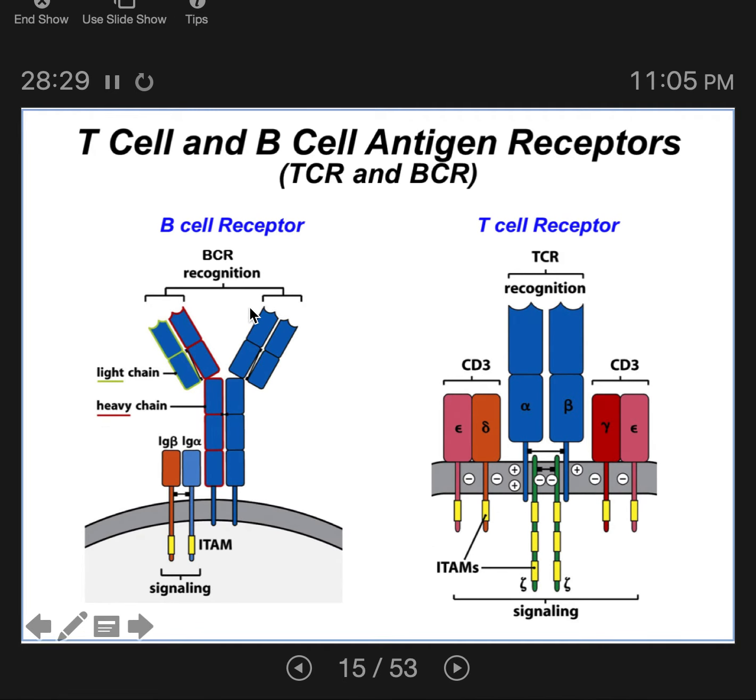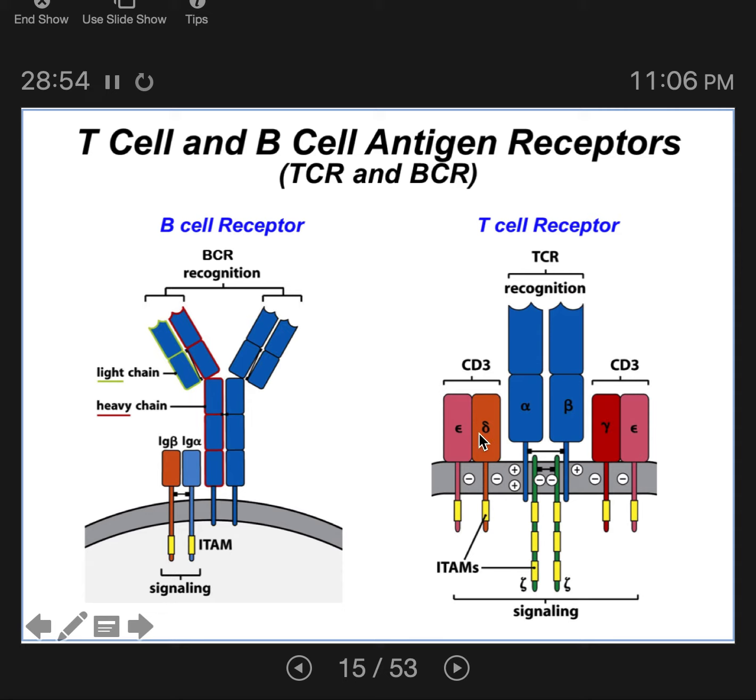All right, so here's a diagram of what they look like. Here's the B cell receptor, and you can see it's just an antibody, but it's stuck in the surface of the B cell. T cell receptors, here's a T cell receptor. It has this binding site to recognize pathogens, and it's embedded in the surface of the T cell. And then there are these other